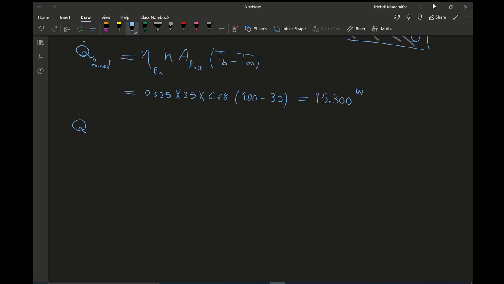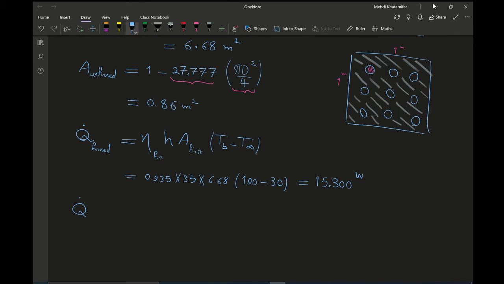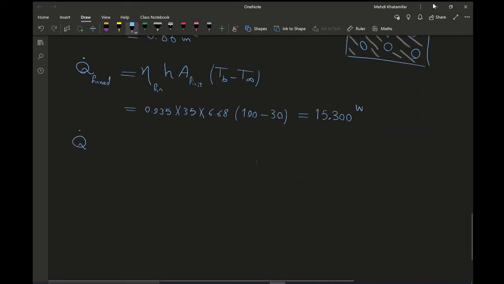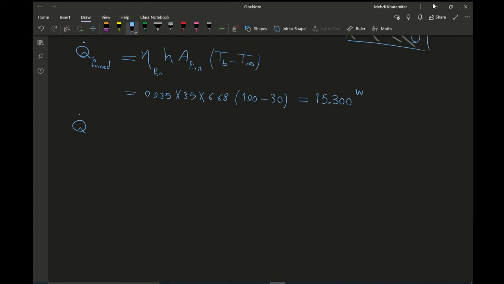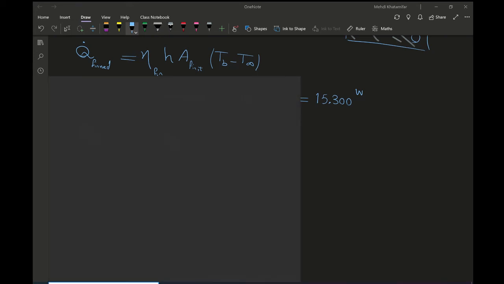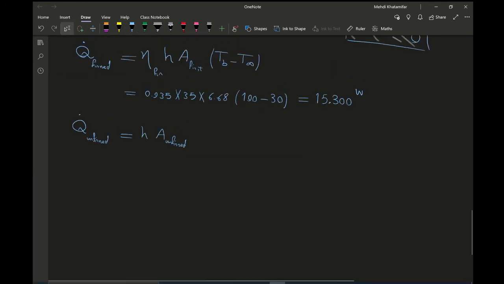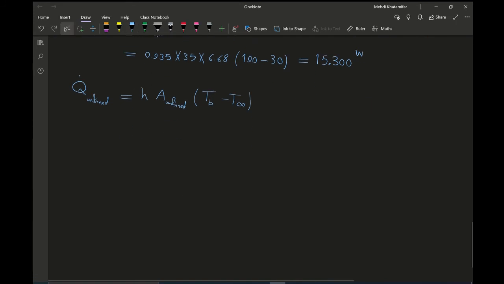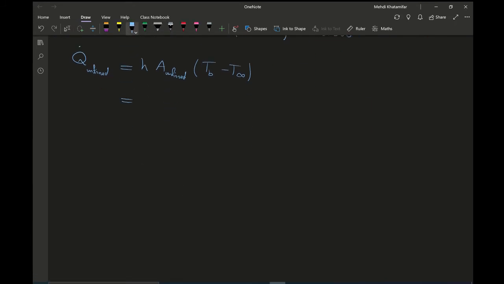Now, because we are going to have heat transfer because of fins and because of the heat transfer area between fins, they're also involved in the cooling of the surface. So the heat transfer rate for the unfinned area is going to be h times area unfinned times TB minus T infinity, because the temperature of the area between fins is TB. Let's plug it in: 35, area was 0.86, and 100 minus 30, which is going to be 2,107